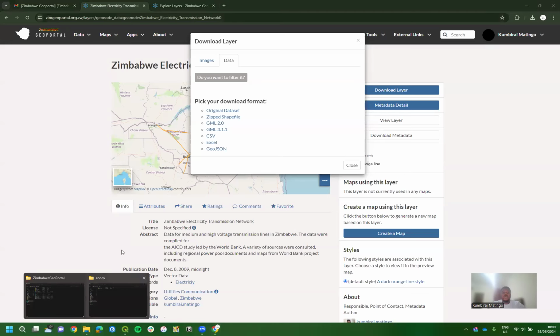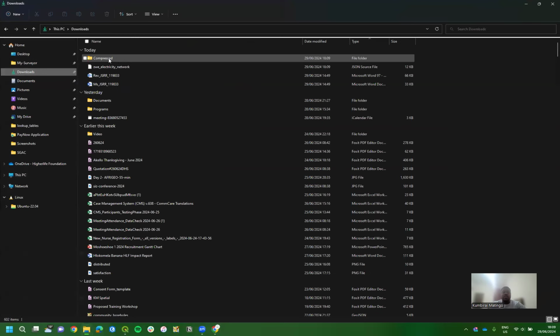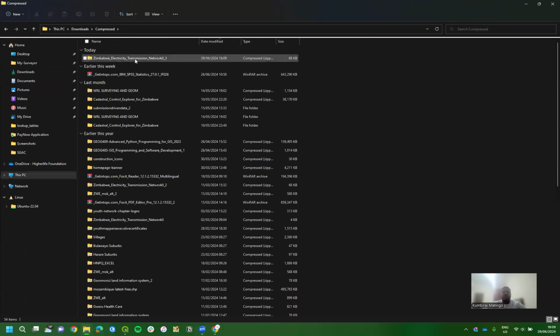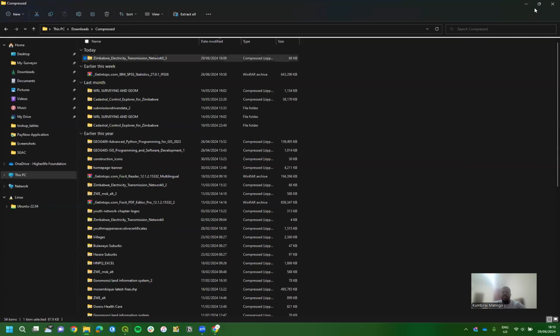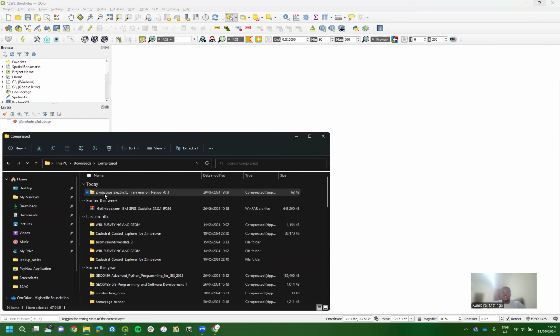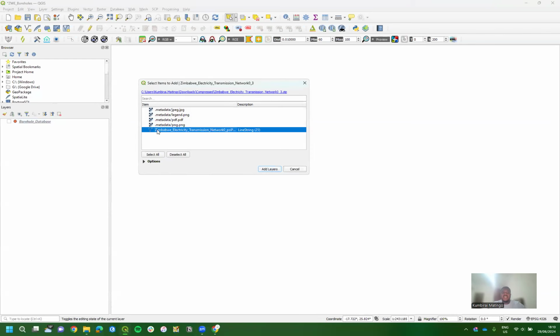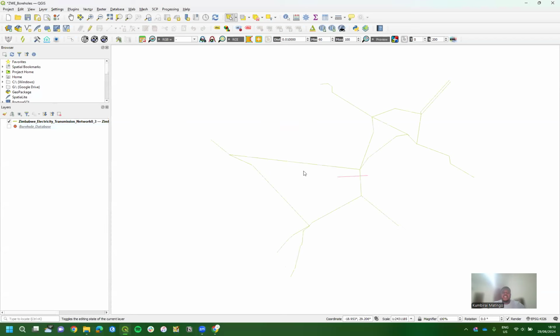If I go over to my compressed downloads, I'll be able to see the original data set which was downloaded. So let me open my QGIS, and then open the data. I'm just going to drag that into my QGIS, and I only want to see the transmission network, and then I add it. Okay, so that's the Zimbabwe transmission network. As you can see, I've added the shape file